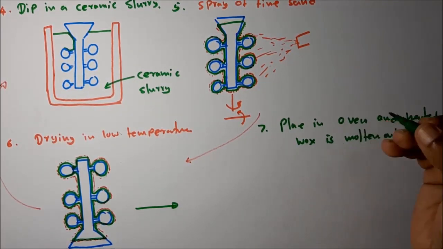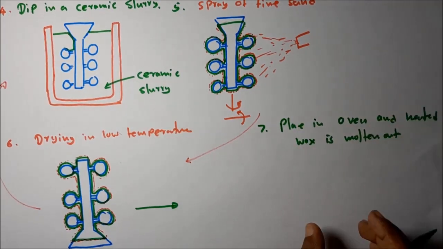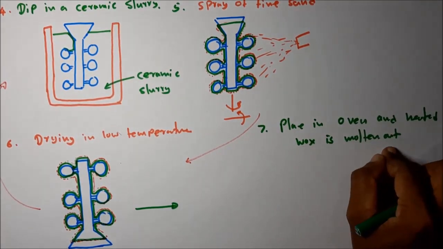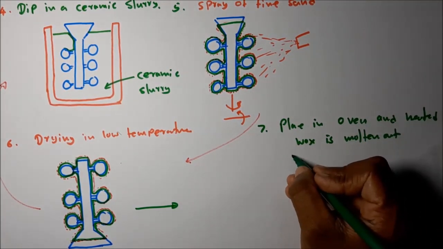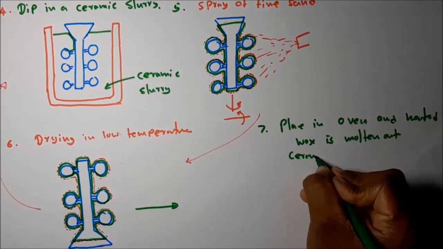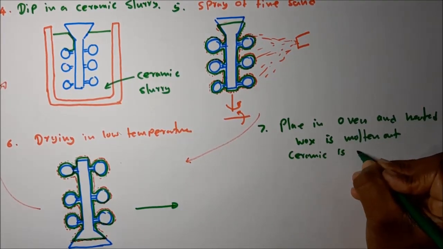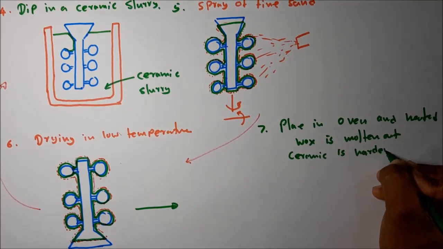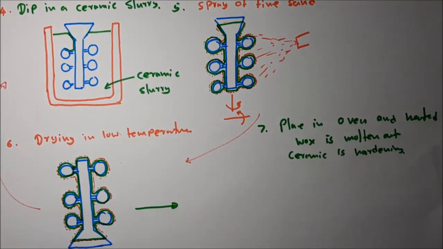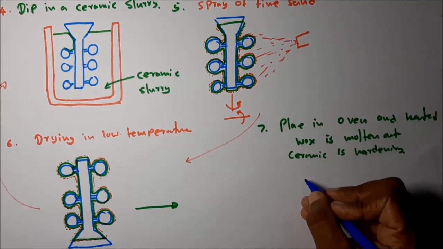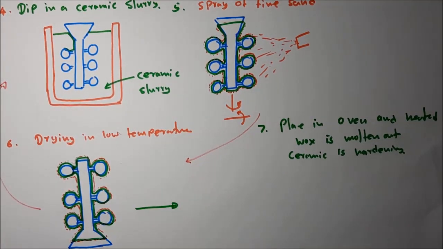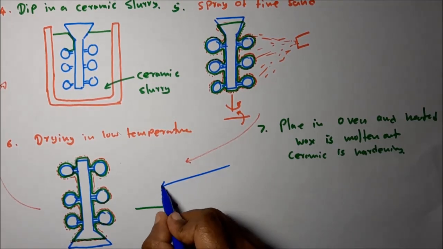Then the ceramic is hardened. Then the temperature is maintained at a certain level in two steps to melt the wax out. After that, the temperature increases further, and the ceramic is hardened. It increases to beyond 1000 centigrade. What happens? The ceramic gets hardened. So finally, I use the same diagram for this one also,